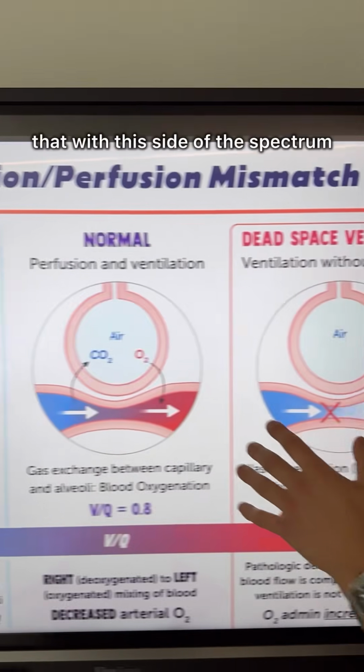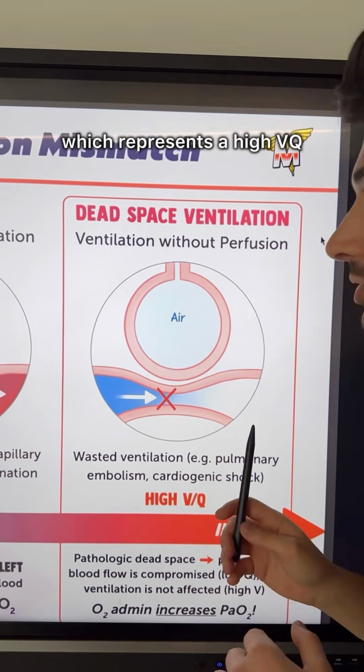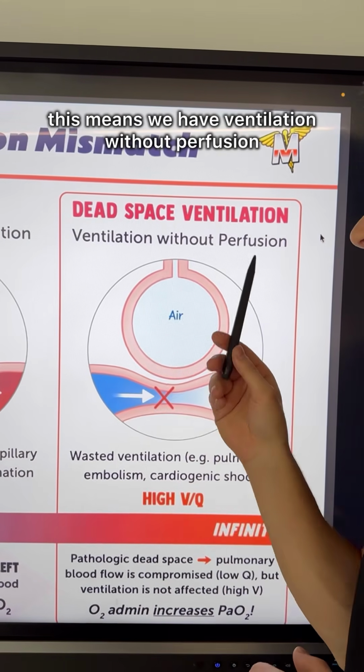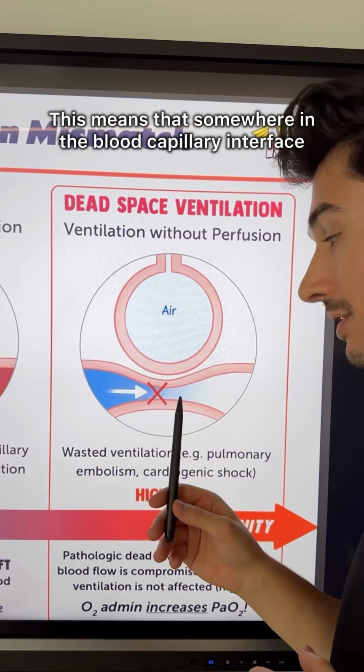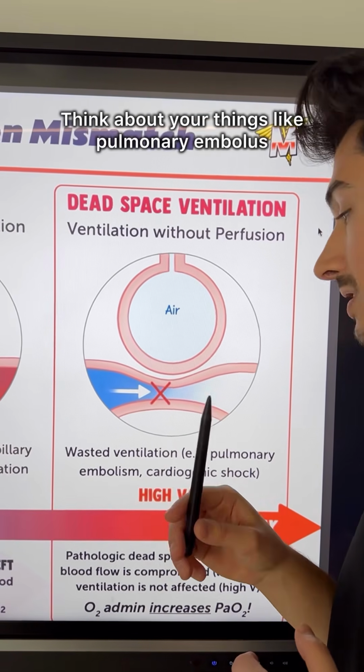Now, if we contrast that with this side of the spectrum, which is our dead space ventilation, which represents a high VQ, this means we have ventilation without perfusion. This means that somewhere in the blood capillary interface, there's a problem, specifically in the capillary stream. Think about things like pulmonary embolus or